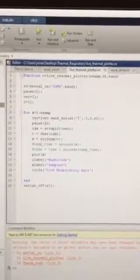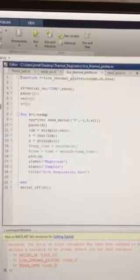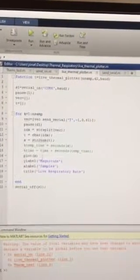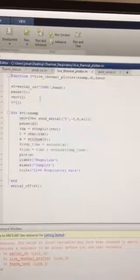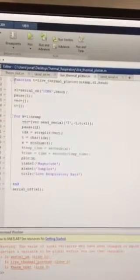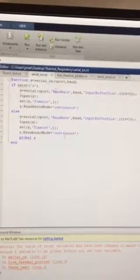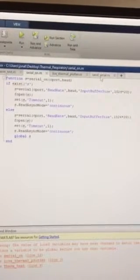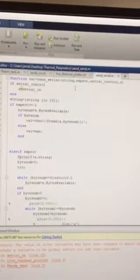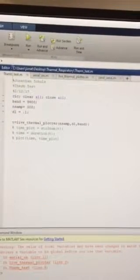In front of me is my Matlab files. So I have a live thermal plotter, which basically will cycle through and plot at a predetermined cycle rate or sample rate set in the thermal test portion. My serial on just basically initializes the COM port that I need to use, the send serial function, and then here's my main function. So if I hit run,